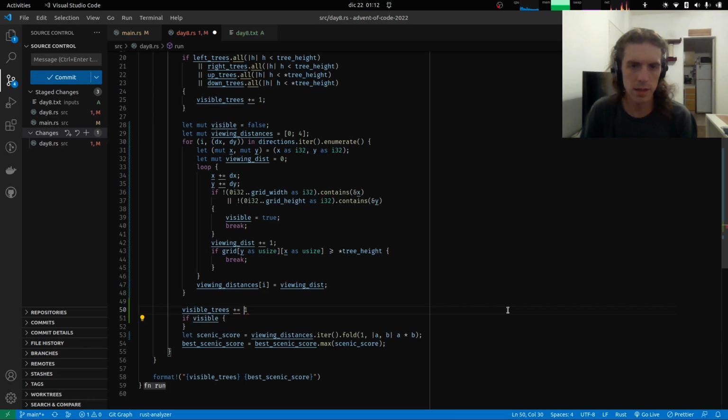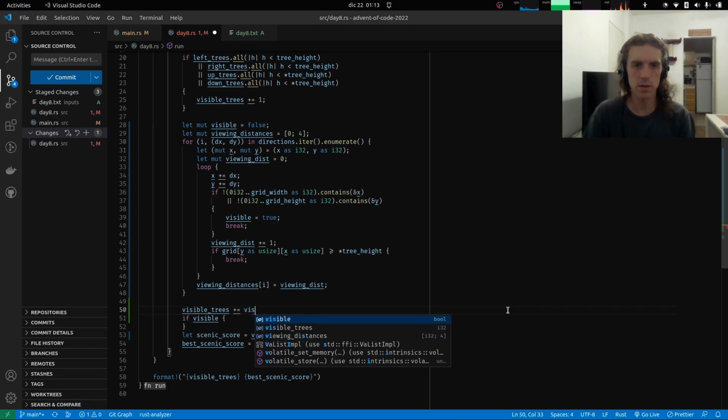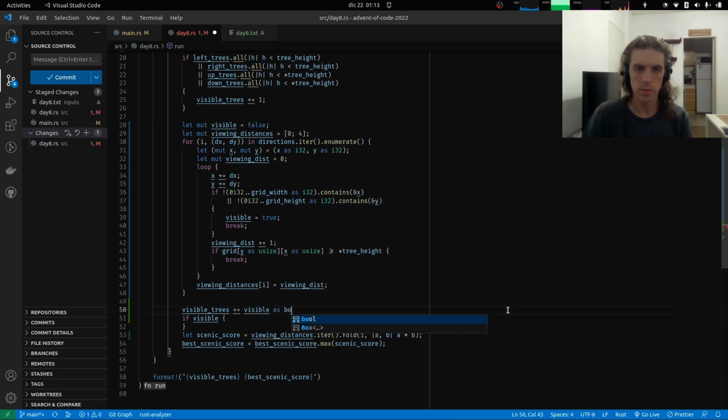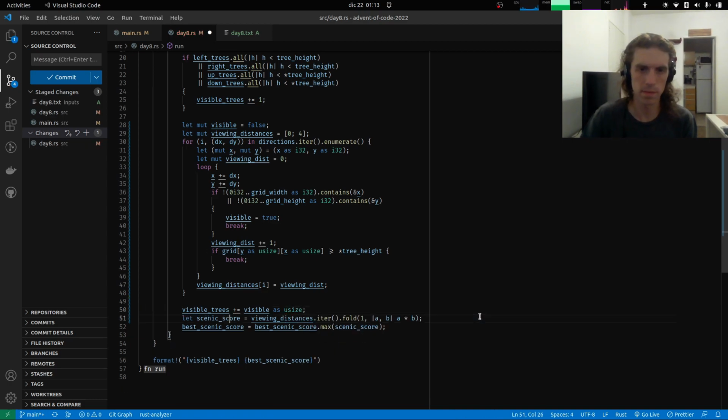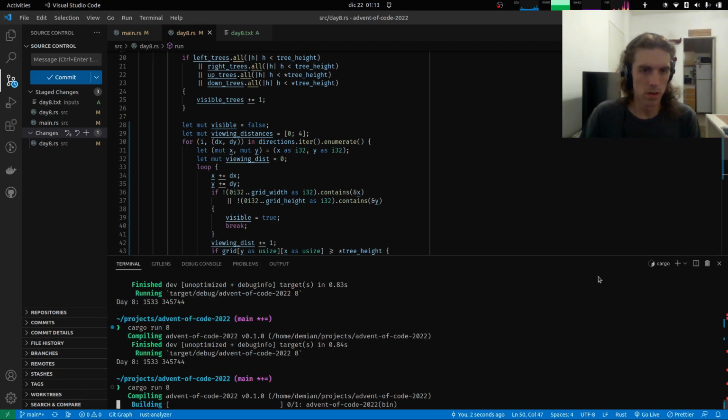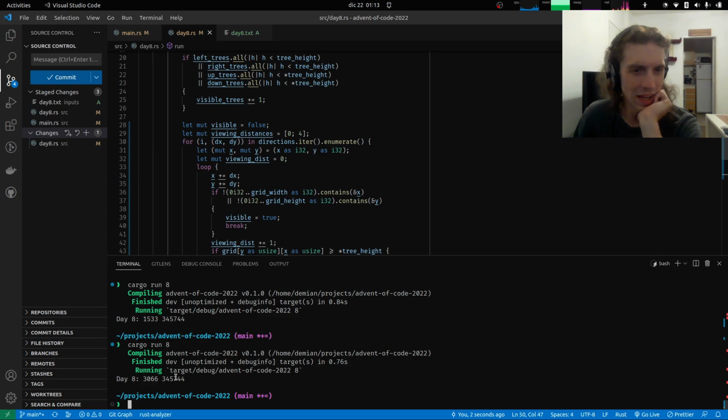Okay, so I don't know if we can even do visible trees plus equals visible as bool. Can we convert things? No, as bool, no. As usize? Yes, it looks like it. That's pretty good. Do we have the same? No. We don't have the same